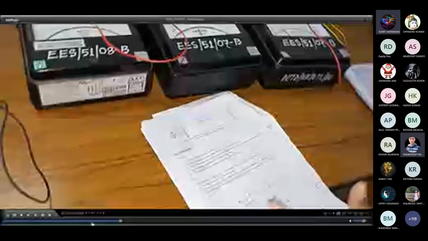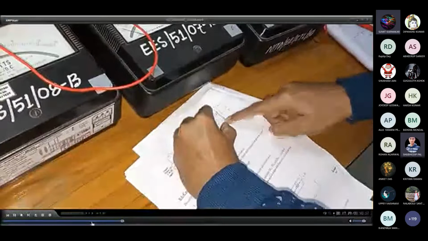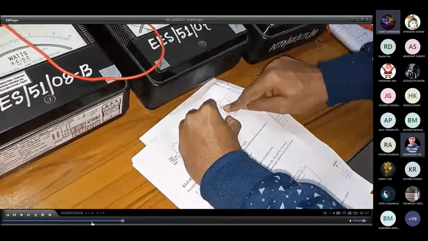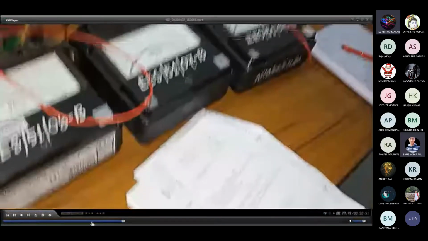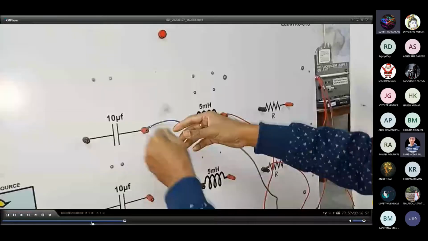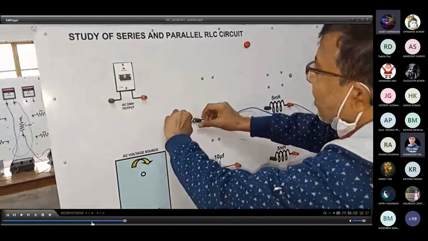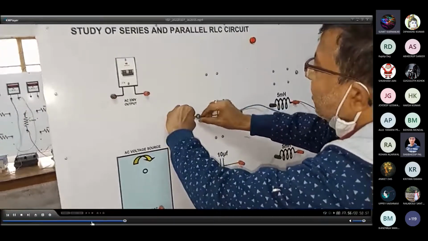All right. Now you know that these two terminals, the end-to-end terminals, let us connect it. R and L be connected, but these two terminals, this one and this one, will simply take this terminal. Since we have to connect across the capacitor, we are connecting it here, right? And the other end of the inductor also, I am connecting it. You can see the connection for this circuit is ready.